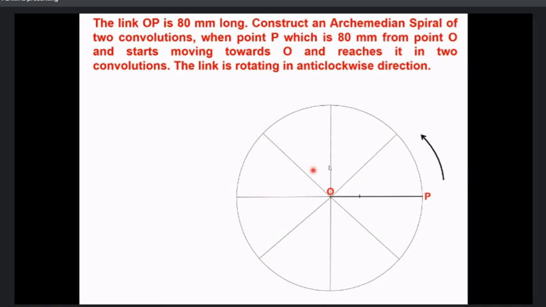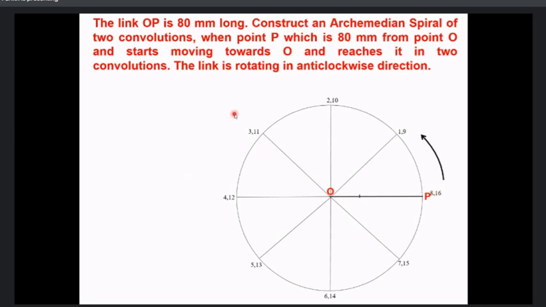So if you have divided into 8 parts, then we go up to 12. If divided into 12, then 12 plus 6 becomes 18 for 1.5 convolution. If I have divided it into 12 and am talking about 2 convolutions, then 24 will come. Is it understood? Yes or no? Yes, sir. Okay. So here I will go with the numbering till 16, for 2 convolutions. If it were 1.5, I would have stopped at 12. Now because this is 2 convolutions, we have numbered till 16.